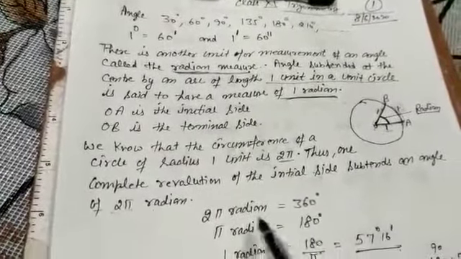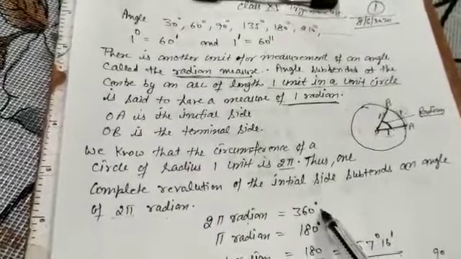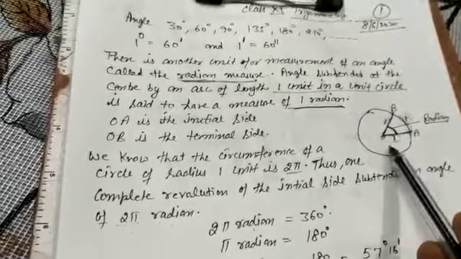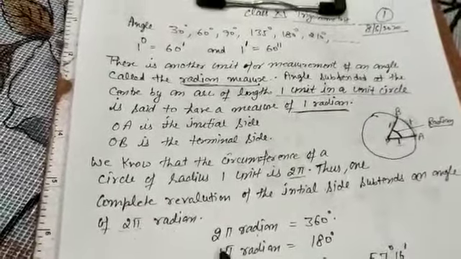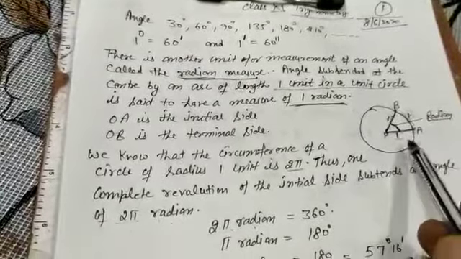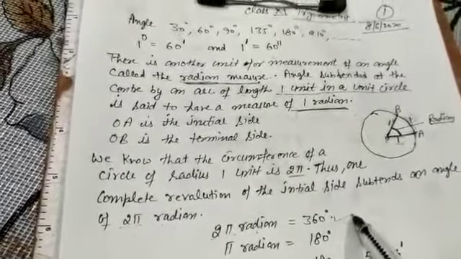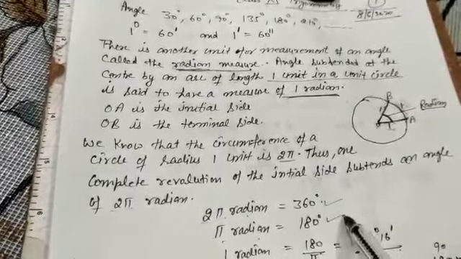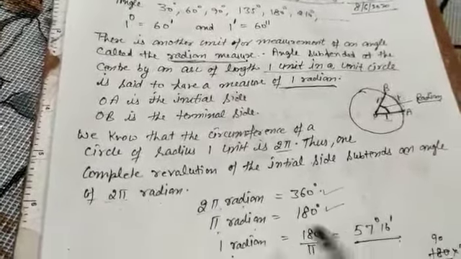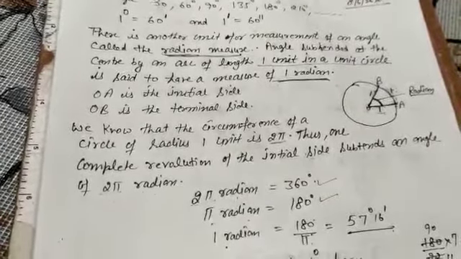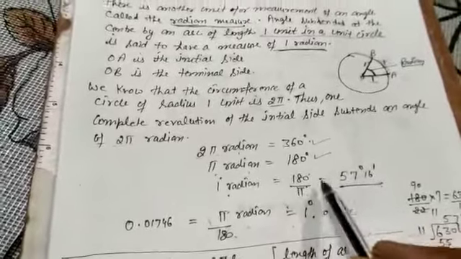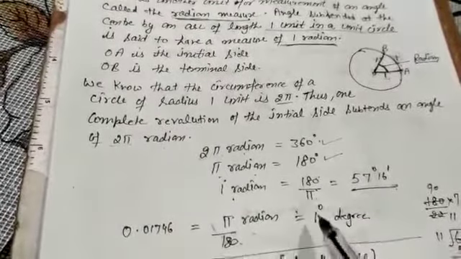As you know, this 2 pi also equals 360 degree. We know the angle at the center of a circle is always equal to 360. It means this 2 pi radian of the unit circle is also equal to 360 degree. Therefore, pi radian is equal to 180 degree, and 1 radian is equal to 180 upon pi. Meaning, if you want to calculate the value of 1 radian, you simply say it is 180 upon pi.